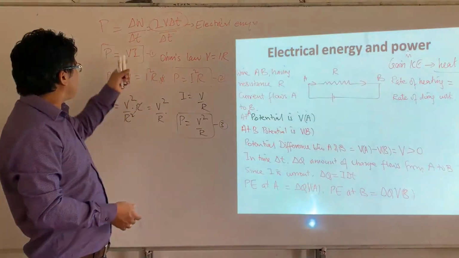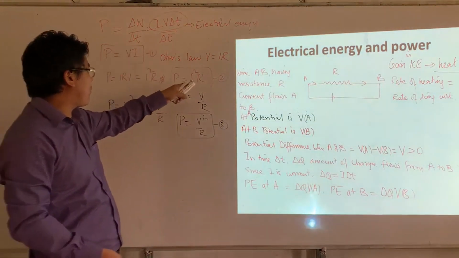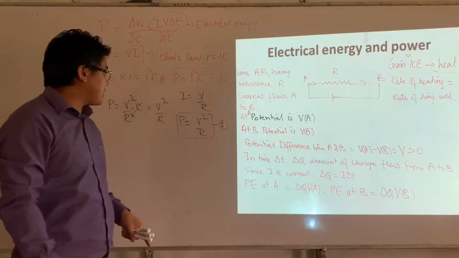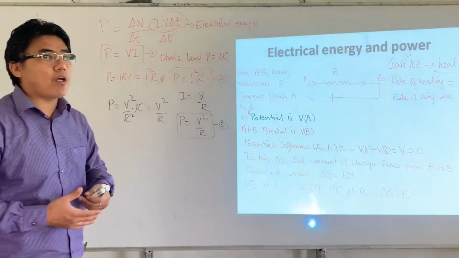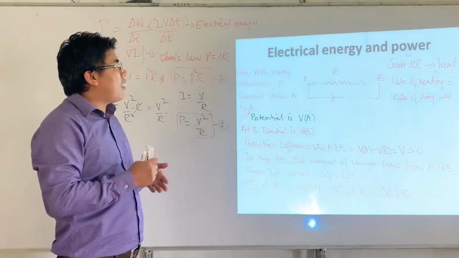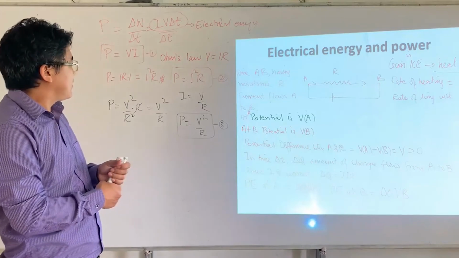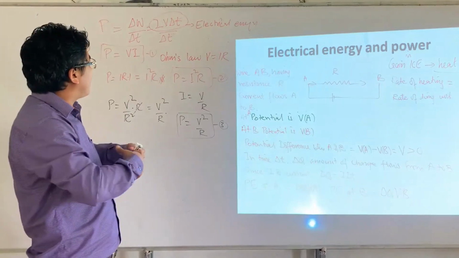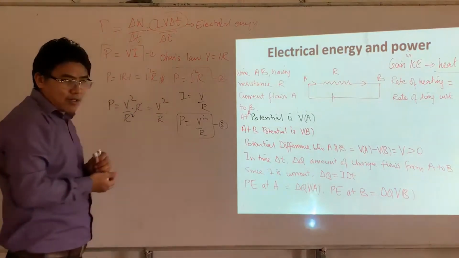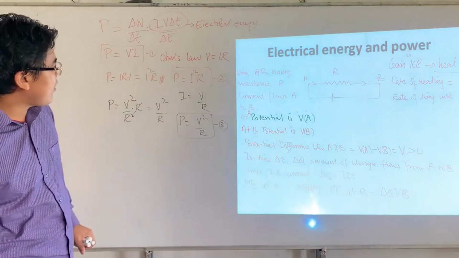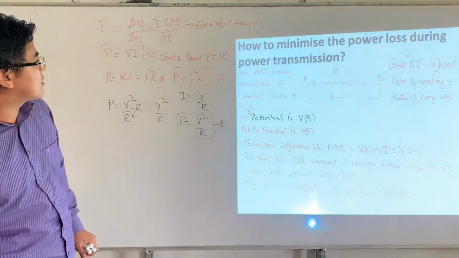So this is one form, in terms of voltage and current. This is in terms of current and resistance. This is voltage and resistance. So this tells us about the power of an electrical source, and that can be figured out in terms of voltage and current. All right, so now what I would like to do is